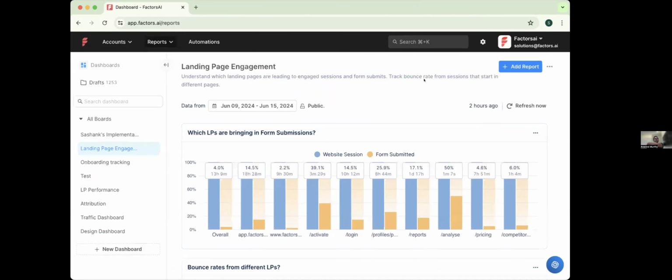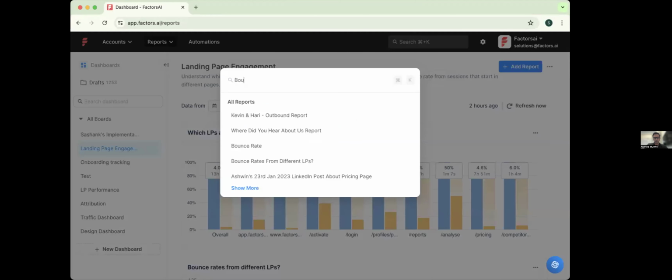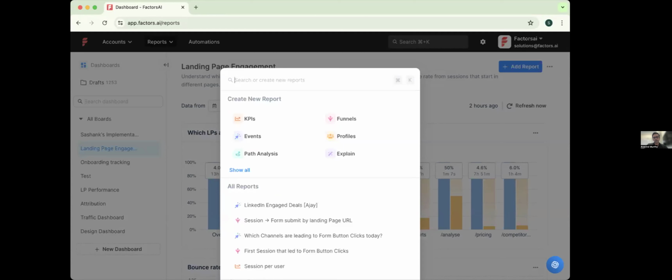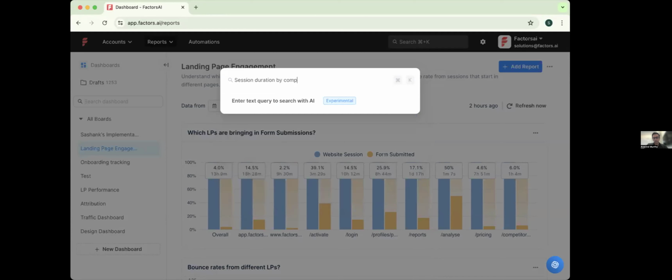And now let's say we want to understand, as I said earlier, that the main use case is marrying not just looking at website data, but website data along with other third-party information that comes in. A good engagement metric would be the amount of time spent in each website session. So you could say session duration, broken down by the company revenue range.